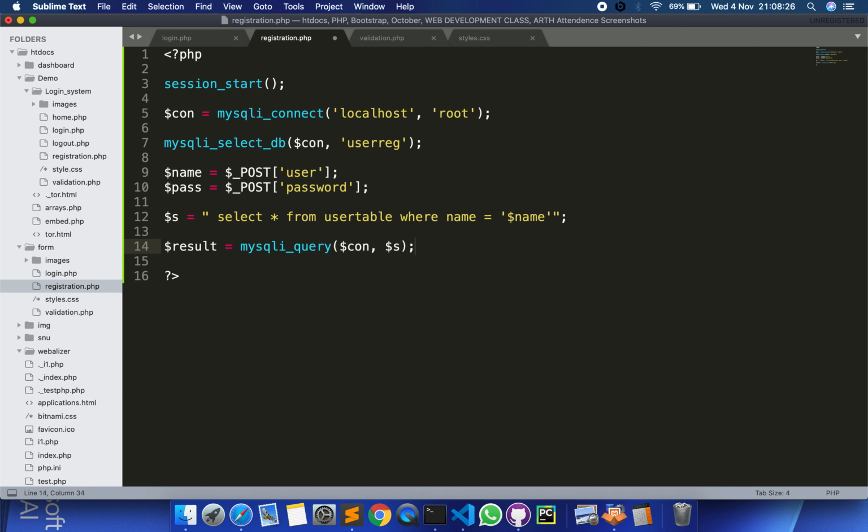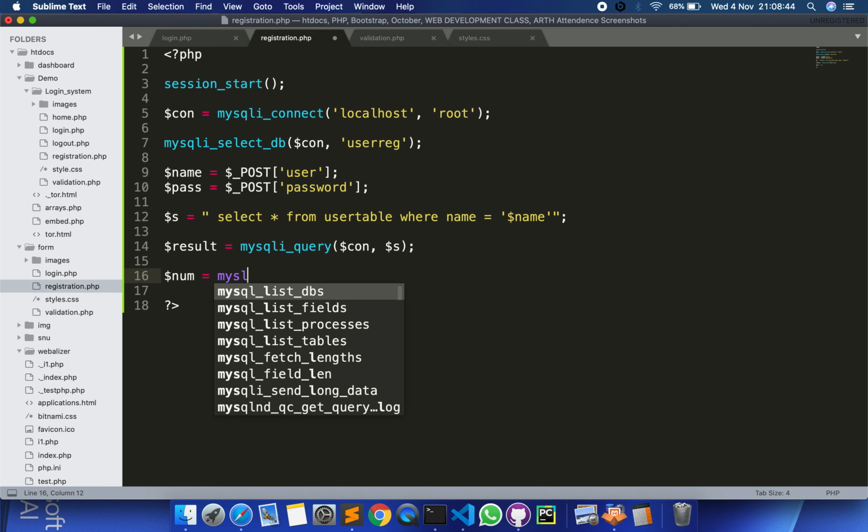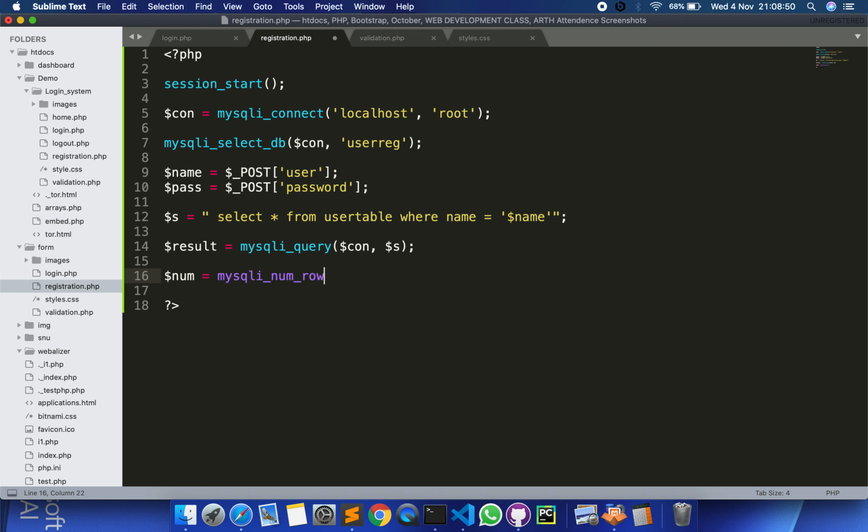Okay, and finally what I'll do, since there cannot be two usernames the same, I would need to write a line here, that is, let's say $num, which will store the number of rows. So this s variable will store the names. Okay, and finally it will check and store how many rows we have with the same name.